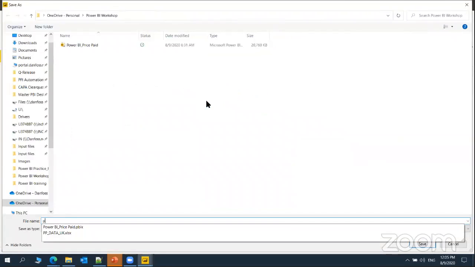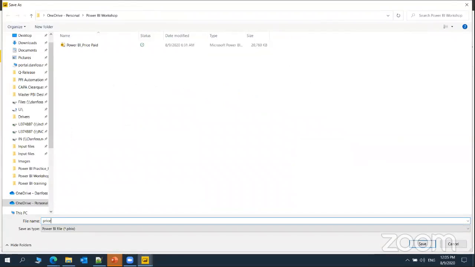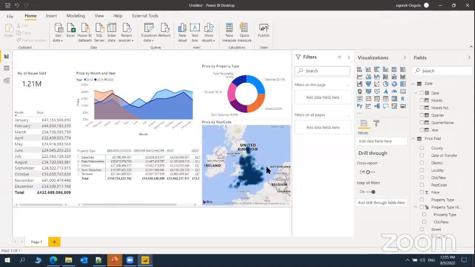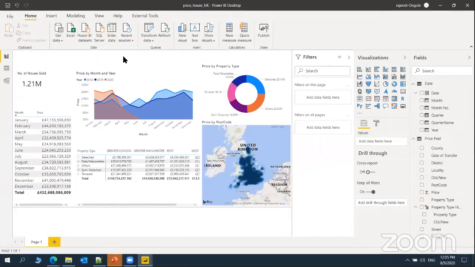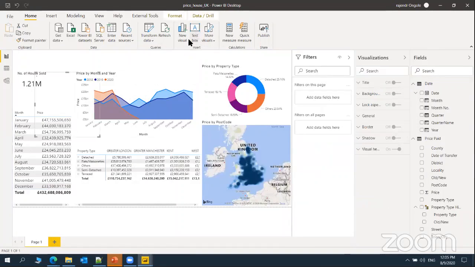I'm just giving the name as price paid, just price UK houses, UK. And we will give the report name as prices paid, like that, price paid houses in UK.